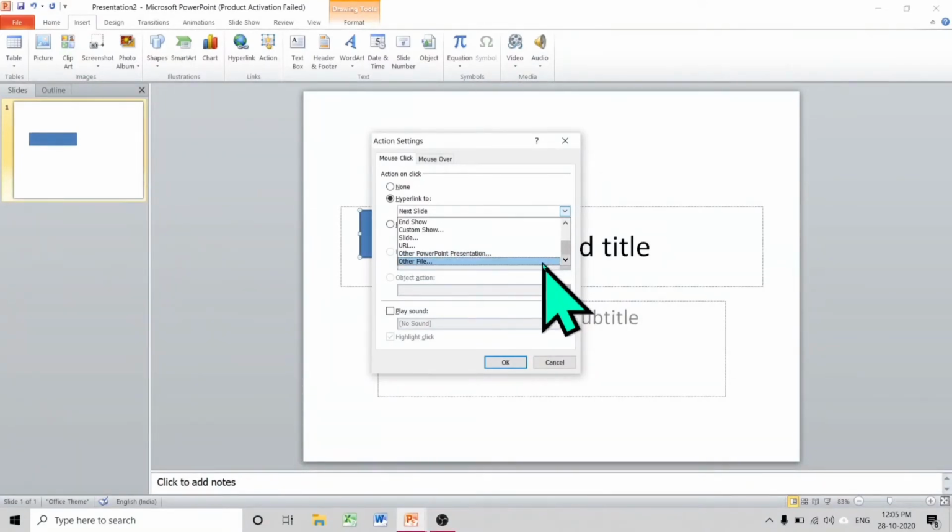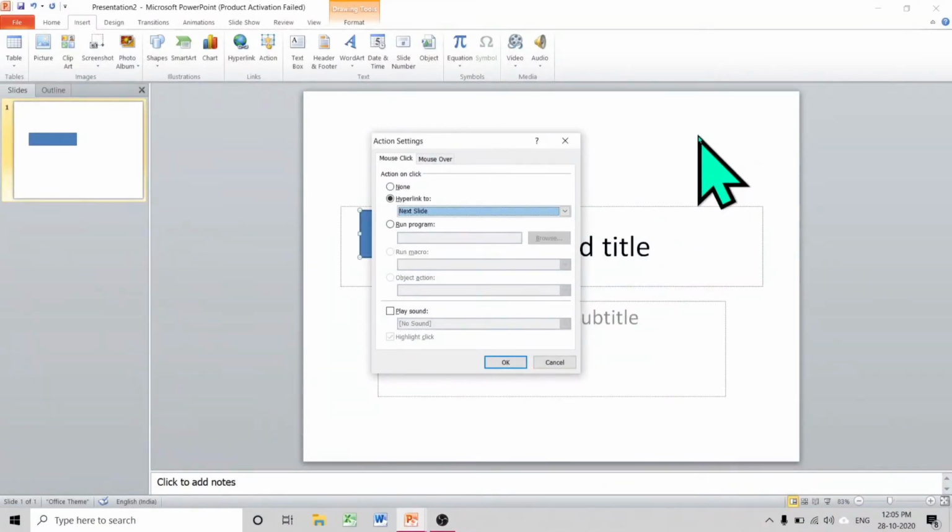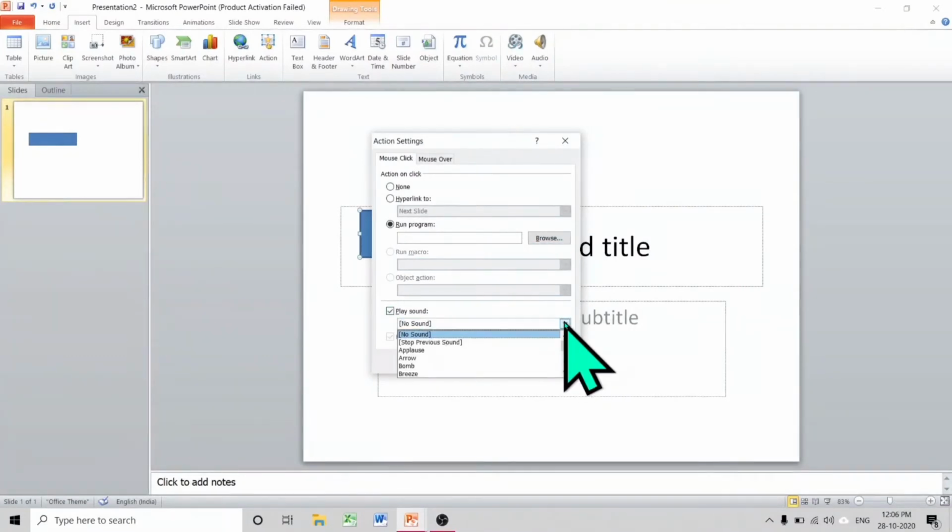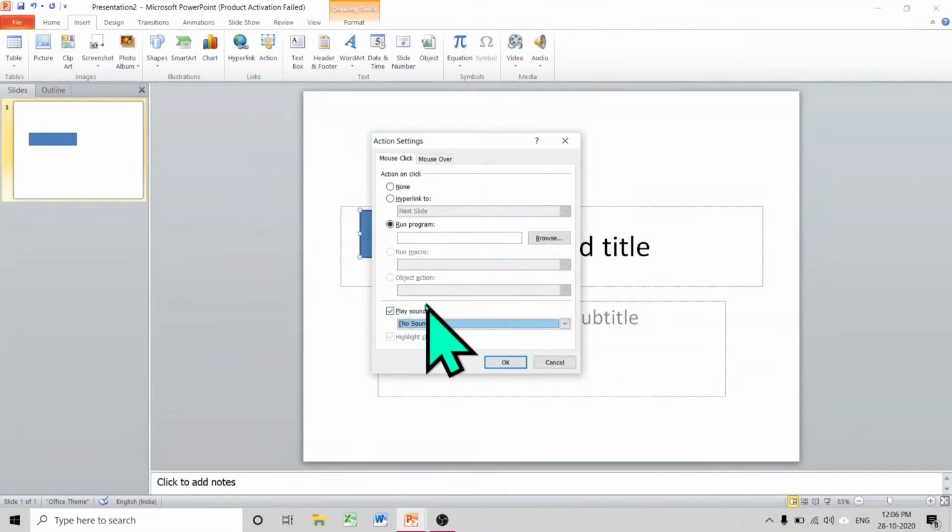Next one is other file. Other file means what you want to open other than PowerPoint files, you can use this. Run program means if you want to run a program in your computer when this action button is clicked. Play sound means if you want to play sound while performing the action, you can use this.